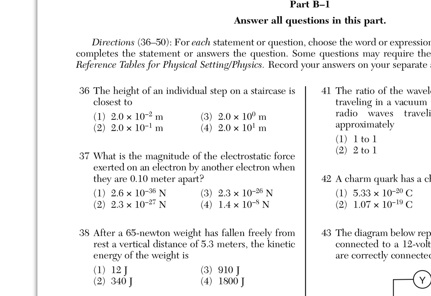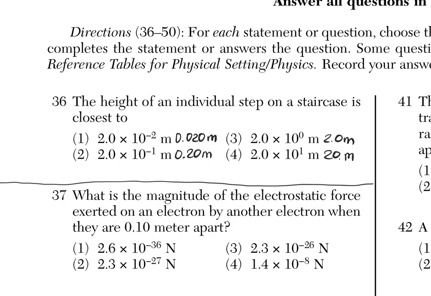Individual step on a staircase. So if you have numbers that are powers of 10, I would recommend writing them out so you can see what they actually are. Okay, so with the estimation questions, you can usually eliminate 2 as not making sense. 2 meters for an individual step does not make sense. So we either have 0.2 meters or 0.02 meters. And then in centimeters, that would be 2 centimeters